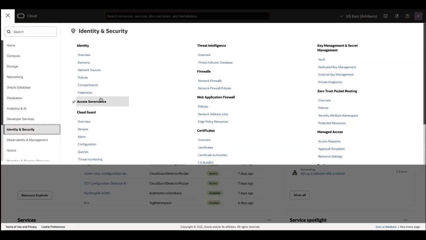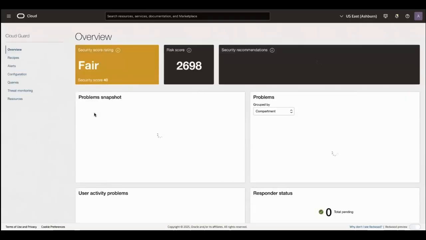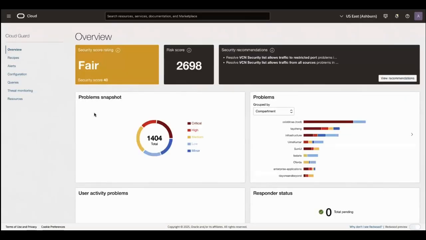So let's focus on CloudGuard first. If we go into CloudGuard, this is going to give us a nice overview of the different problems that have been detected within our tenancy. If it's your first time using CloudGuard, you'll have a button on the screen here to turn it on and enable CloudGuard. And then after you enable it and it runs for a little bit, it will start generating